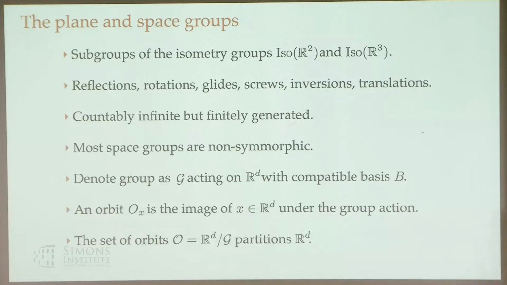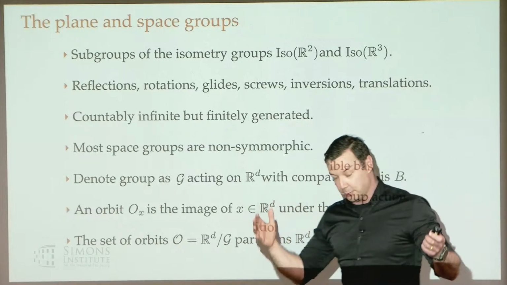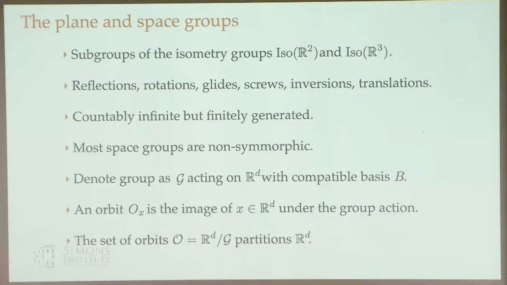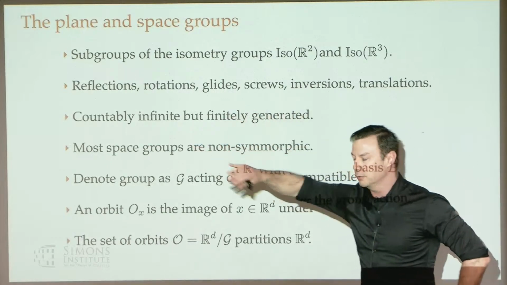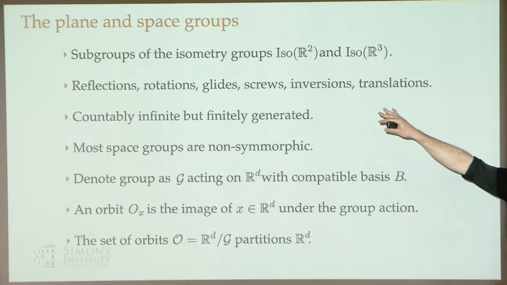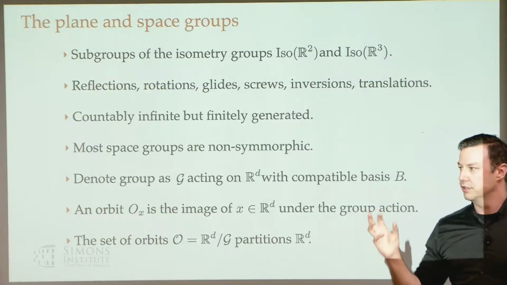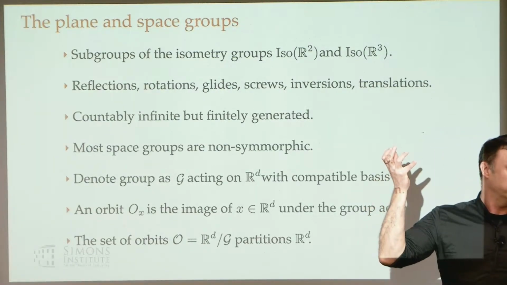And so this became a research project. So then it became time to formalize what we're actually doing here. Rather than just showing you pictures, we can think a little bit more concretely. Plane groups and space groups, what I'm calling crystallographic groups, are subgroups of the isometries on R2 and R3. As I said, there are reflections, rotations, glides, inversions, and of course translations. And in 3D, you also get a thing called a screw, which is kind of like a glide, but it's a rotation and a translation at the same time.